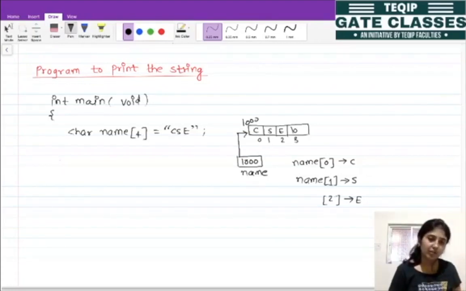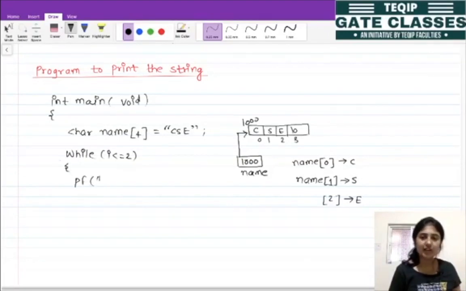So let's see, I am using the while loop. So while my I is less than equal to say 2, then printf, as this is one character, for character we have the access specifier %c, comma name of I.